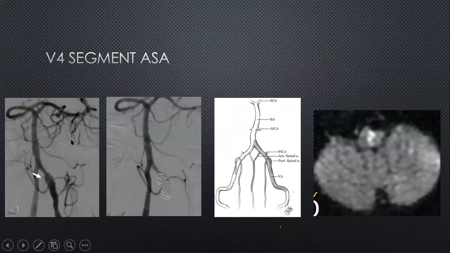This is another patient, an endovascular complication. You can see the dissection within the left vertebral artery. You can see how it is fusiform, enlarged, irregular. This is the right vertebral artery. But what you should also appreciate is the spinal artery which is arising. Unfortunately, dissections are very difficult to treat. One of the ways to treat them is by sacrificing that segment. So this has been sacrificed, but what it has led to is occlusion of the anterior spinal artery, resulting in spinal cord infarction of the upper cord and medulla.